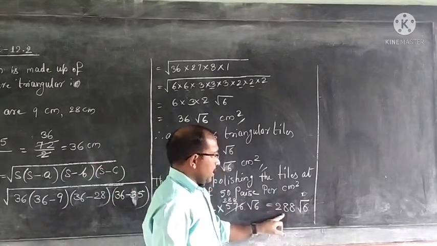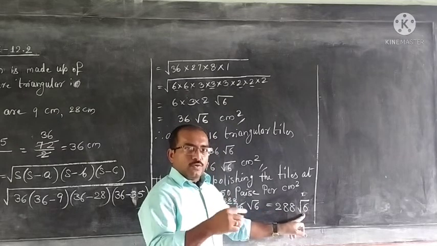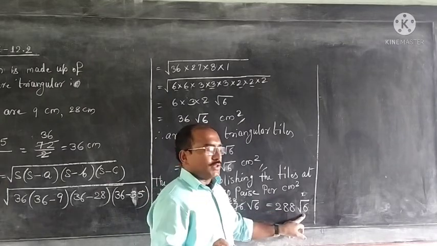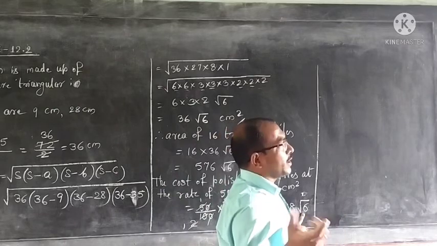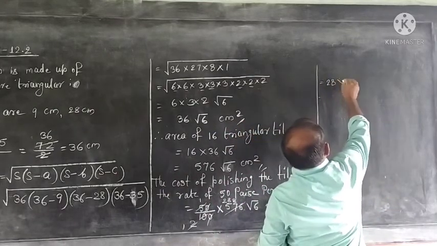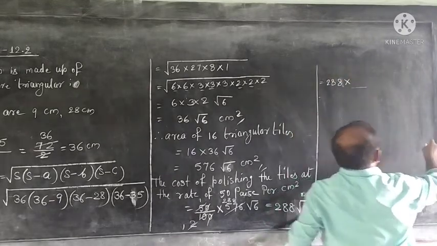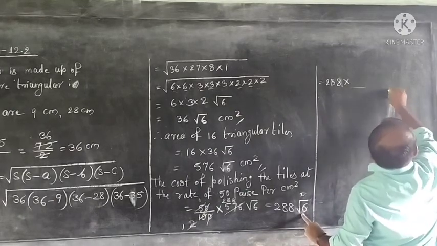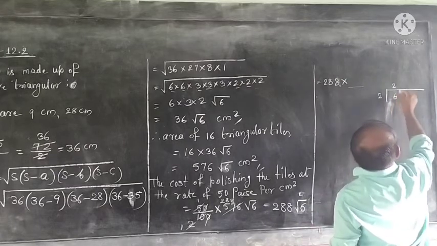But 288 root 6 rupees, we need to find the cost in exact amount. Root 6, if we are saying, it is not easily understood. So, what shall we do? We will go for calculating the square root of 6. Let us see what we get, square root of 6. 6 by 2 we can divide, 2 2s are 4,